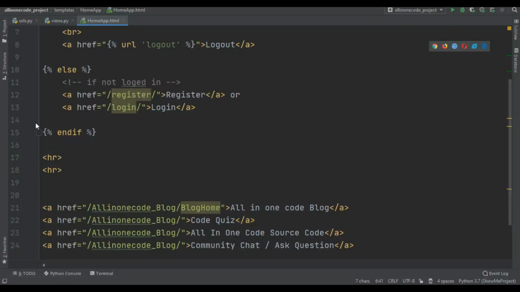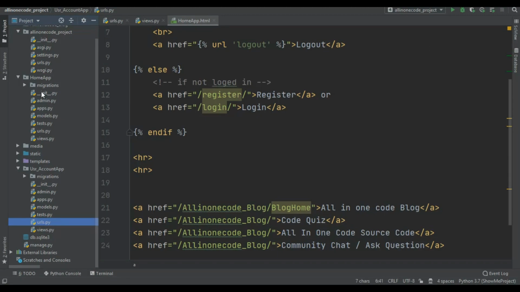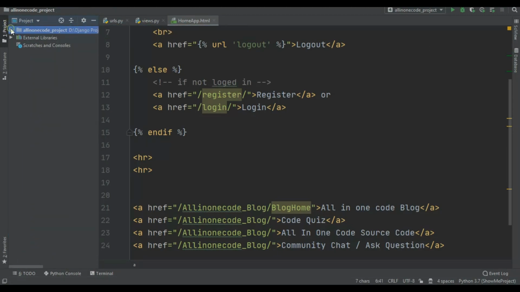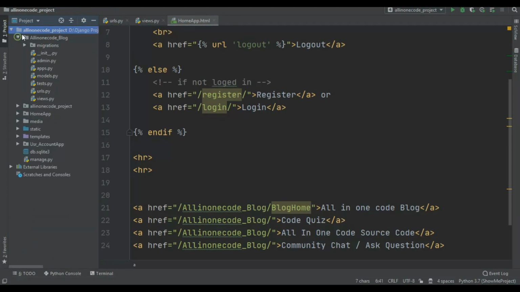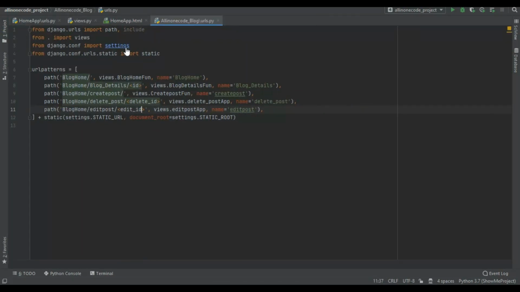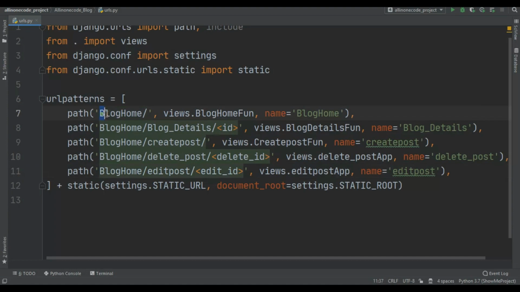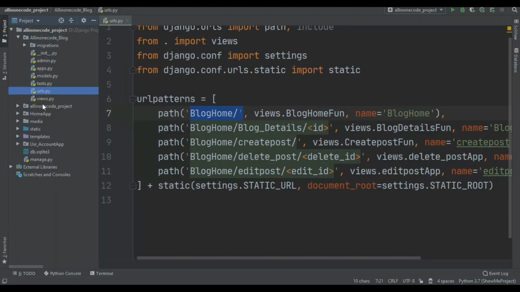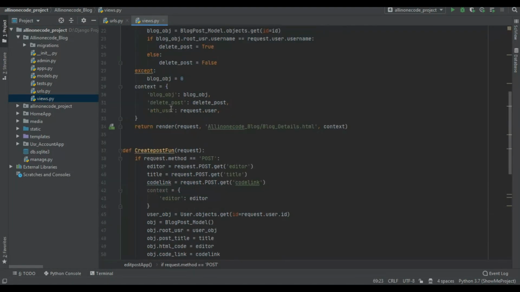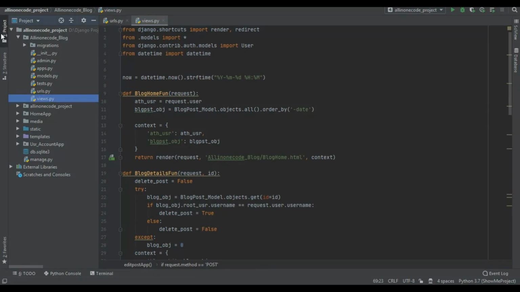Now let's go in the home app. I just created the all-in-one code blog app. In the all-in-one code blog URLs, first let's talk about the blog home. In the views.py you can see I just use the blog home app. For blogging I use models like these.